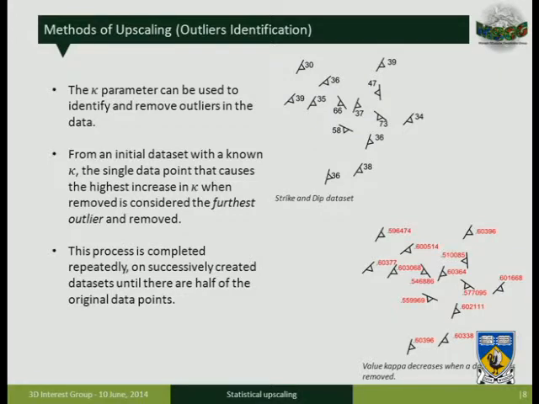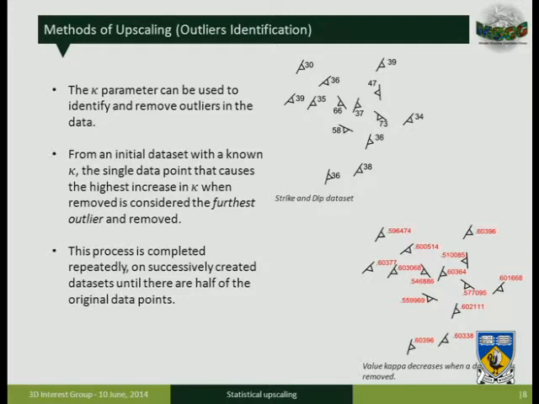When we hinted at grid cell averaging before, where we took a whole bunch of data and put it into a single grid, a lot of the time when we take that average, we get issues because of outliers. You'll have data that's been taken at different scales, or data that is just an outlier because of the way it was taken. So what we use is the kappa parameter, which is the concentration measure, to identify and remove outliers